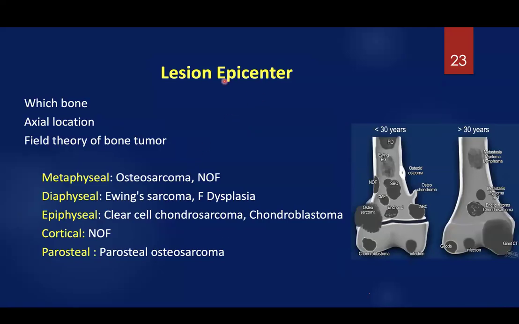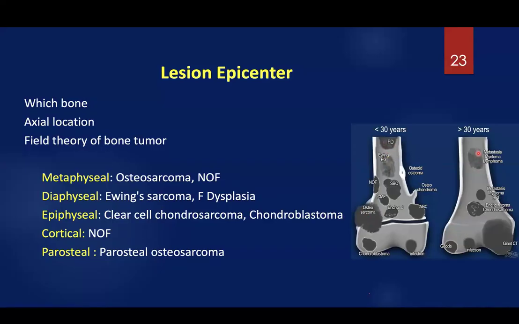Lesion epicenter, we talked about the epicenter. Where is the lesion? Which bone is involved? And where is it in the axial location? Is it central, mid-central, cortical? And again, if you have a metaphyseal lesion, always think about osteosarcoma or non-ossifying fibroma. While if you have a diaphyseal lesion, diaphyseal is typically Ewing sarcoma, fibrous dysplasia, and metastasis